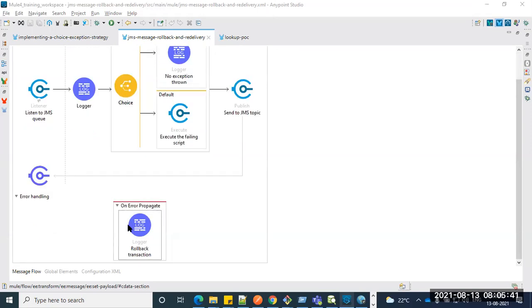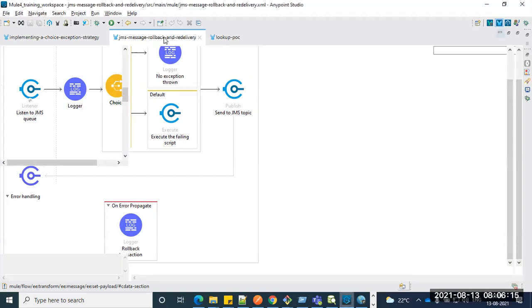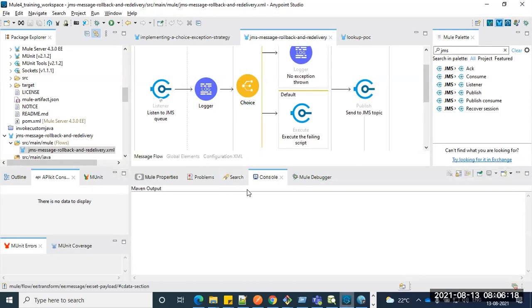We are introducing on error propagate next, and how on error propagate will perform. In the next session, along with this discussion, we have some different flows as well, guys. How does error handling behave in a subflow and a private flow when something goes wrong in the main flow and you are calling the subflow? What is the behavior in the subflow? We'll see. There are more POCs, and I'm trying to introduce exam questions as well, the Mule 4.x questions.